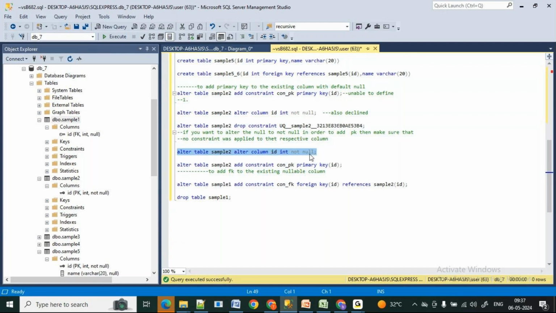Okay, I'll be glad if you send the screenshot in the group itself. And tomorrow we will see drop, truncate, and we will directly move on to the DML concept. Okay, very simple. And the last concept I told you, right? Like sample 2 I cannot drop, sample 1 I can drop. That is the concept related to the drop command. I will drop with primary key and foreign key. Tomorrow I will be discussing that.